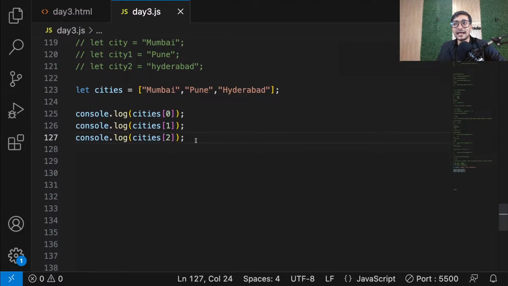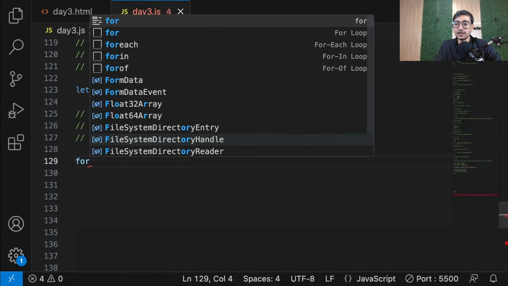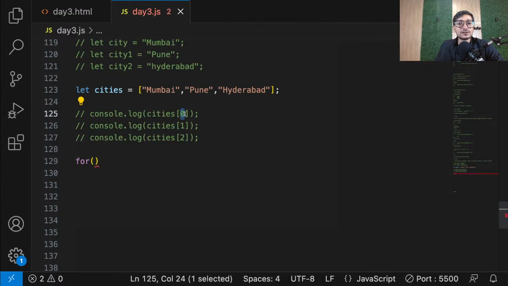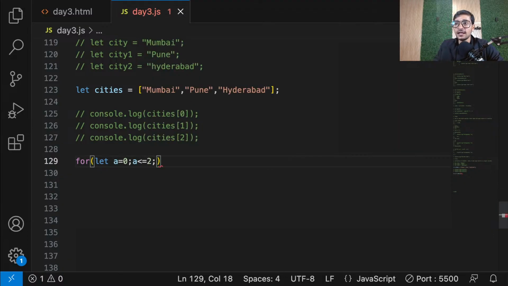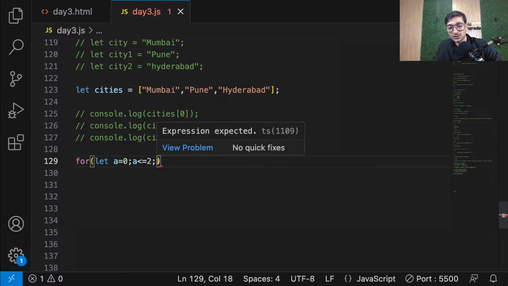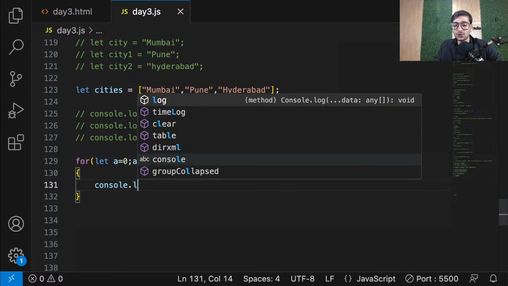So guys, what we can do is, instead of writing it 3 times, I can go ahead and say for. Now see, my numbering is starting from 0. That means I will go ahead and let's say I write let a equal 0. Okay, a should start from 0. A is just a variable. And I'm ending at 2. So a should be less than or equal to 2. And then I want to go from 0 till 2. So I know from 0 till 2, it is definitely incrementing, not decrementing, right? So increment by 1 every time. And now guys, inside this, I can go ahead and write console.log